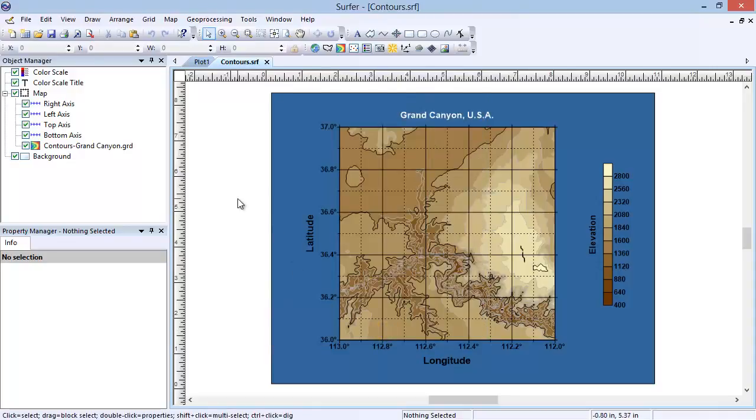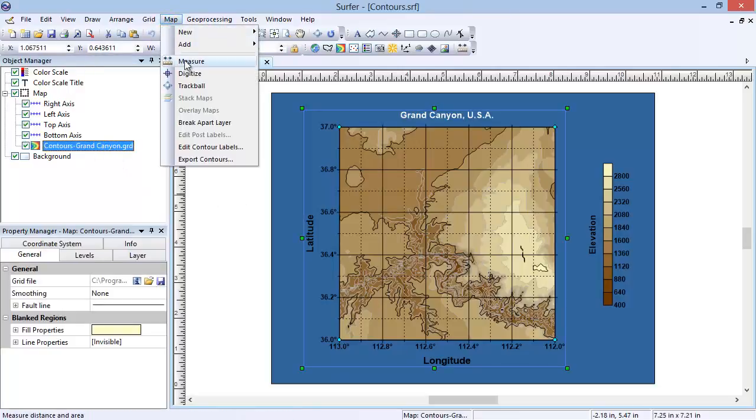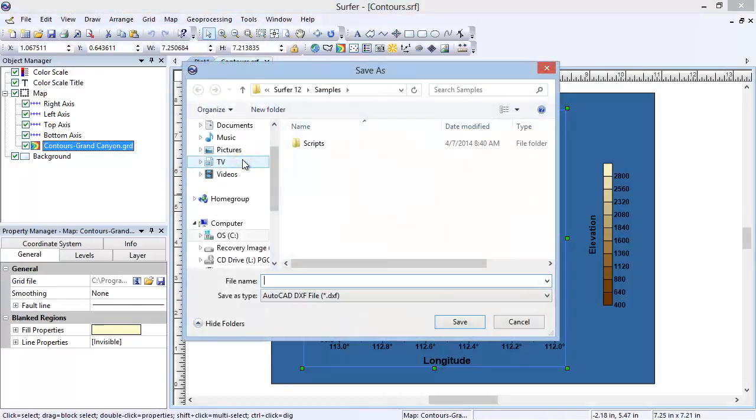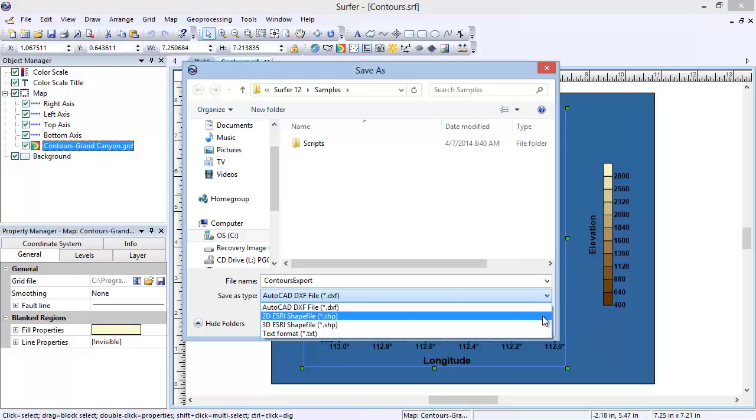You can also export contours to a 3D DXF, SHP, or an XYZ text file. To do this, in the Object Manager, select the Contours layer. Click Map, Export Contours. In the Export dialog, enter a file name and location to save the file. The Save As Type drop-down menu gives you 4 options. You can choose to save as a 3D DXF file, a 2D SHP file, a 3D SHP file, or a